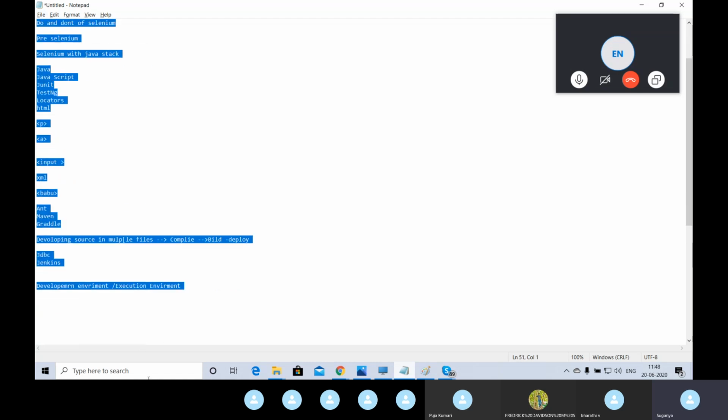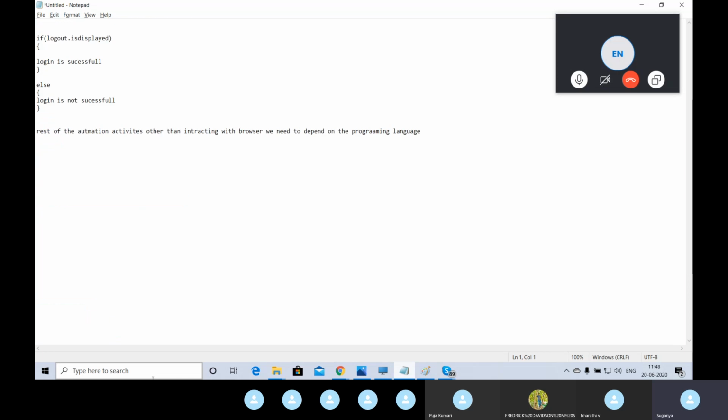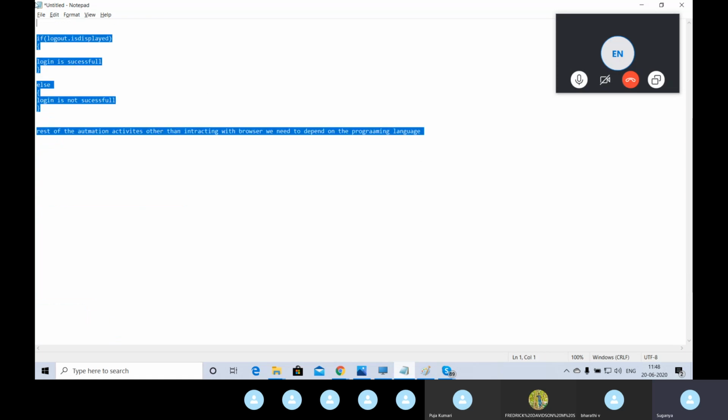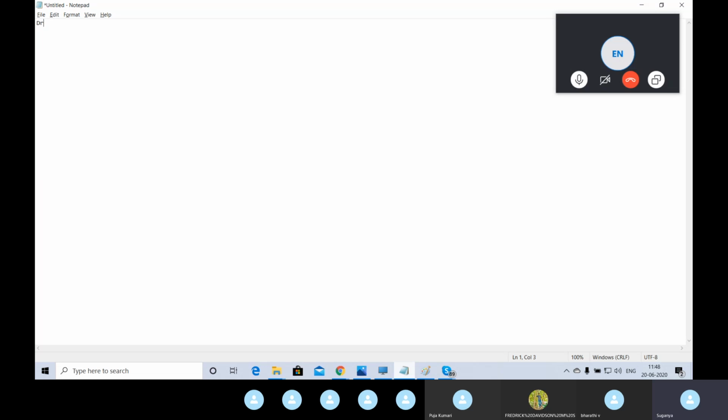Now, at this stage, as I said, you very well know how to build the bus. Now, what is the next stage? To drive the bus, correct? For this only, we are going to use Selenium. Once you know how to build the bus, then you are going to learn how to drive the bus. For this purpose only, we use Selenium.